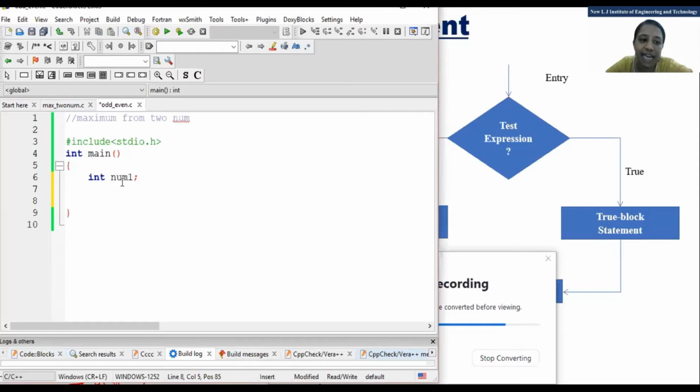How many types are there to give a value to a variable? 3 inputs. How is it required? I want to check just whether the number is even or odd. Vedang, you are sending all programs and writing that 3 inputs are required to check whether a number is even or odd. Only one number is required, right? How is it that 3 variables are required? That I am not getting.